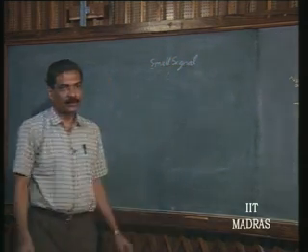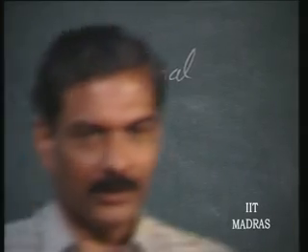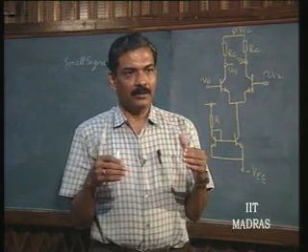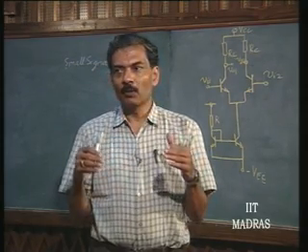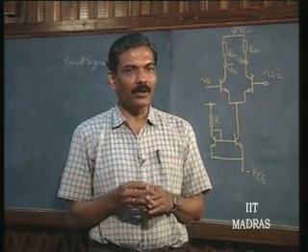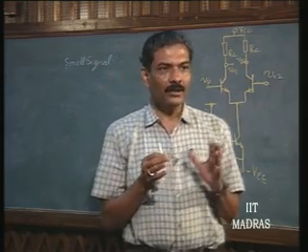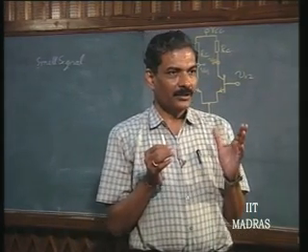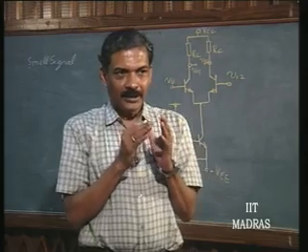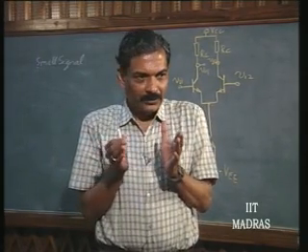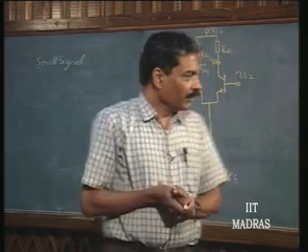And in this case, I have asked you to evaluate the signal level which is required to produce 1% distortion at the output, and you will note that it will be of the order of a few VTs. So, it is dependent upon VT, which is 25 millivolts, and therefore,